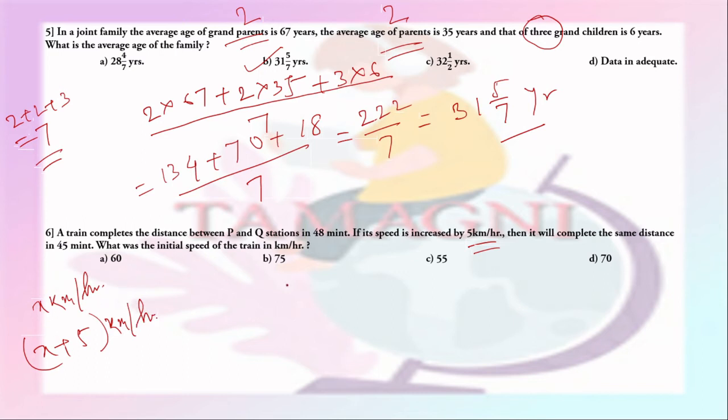In the first case, the train covers the distance between P and Q in 48 minutes. So the distance will be equal to speed into time, which is 48 minutes, that is 48 by 60 hour. And in the second case, the distance will be x plus 5 into 45 minutes, that is 45 by 60 hour. Since the distance between P and Q remains same, so these two will be equal, from where we get